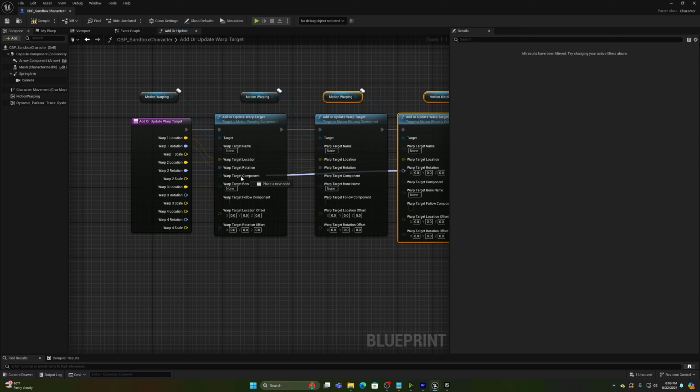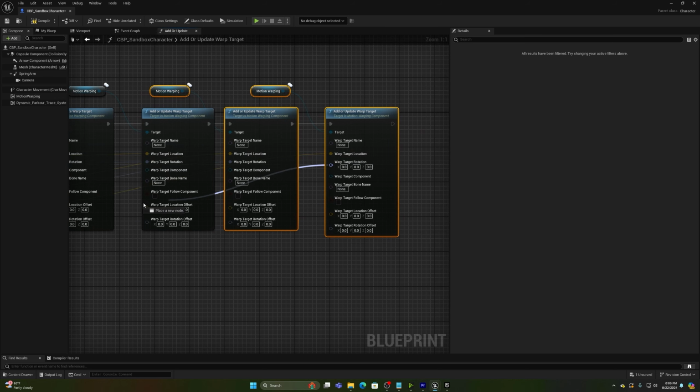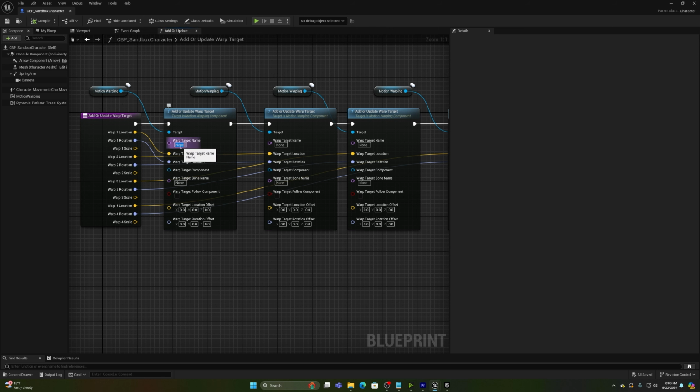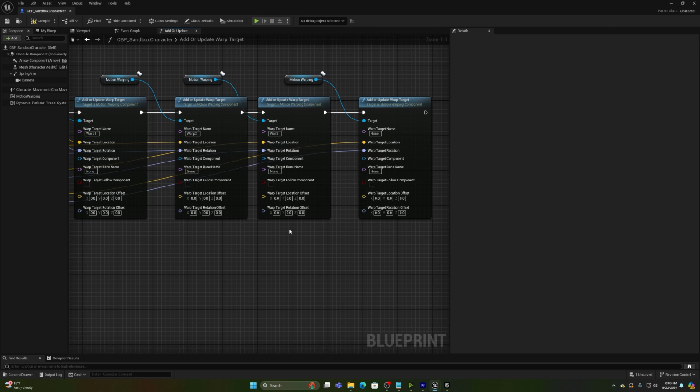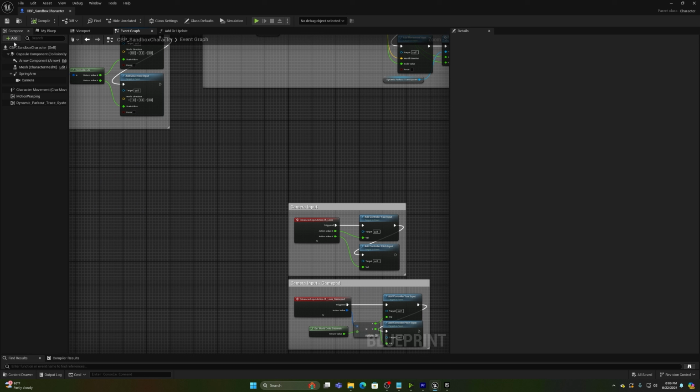And again, I'm just going through this kind of quickly because this is all the standard setup that you would do regardless if you're using the GASP animation project or if you're using just your own startup template. Now we're just going to quickly name the warp targets warp 1, warp 2, warp 3, and then warp 4. And then we'll compile and save